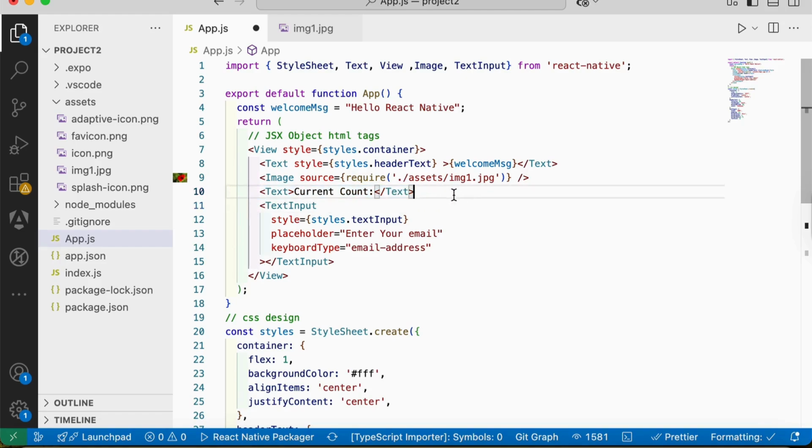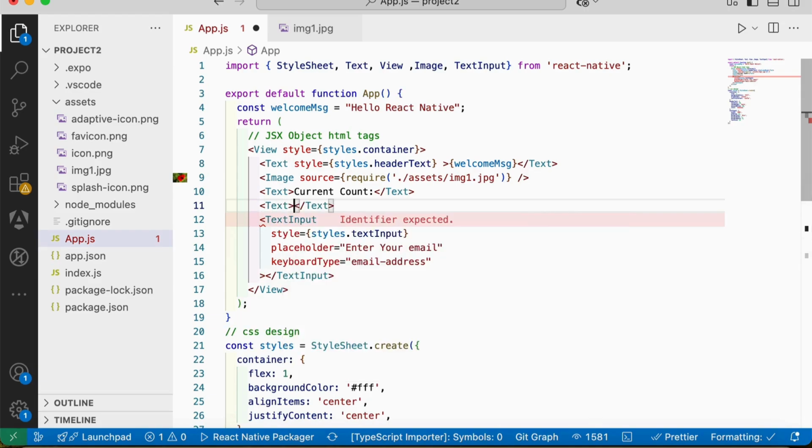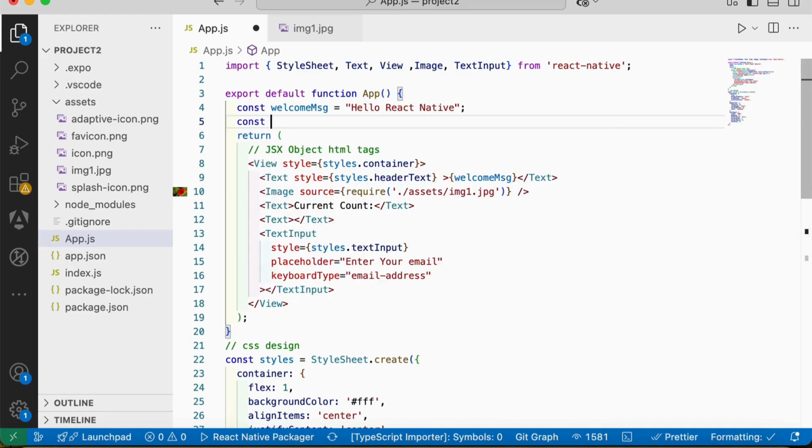Okay, but this text, because it's going to display that number, I will make sure it has extra style, but I will do that later, and I will add here one more text for the number itself. Below that I will add the two buttons. So here I will add the number. Because this number is a variable, I cannot write it in here. I should actually go ahead and create a constant